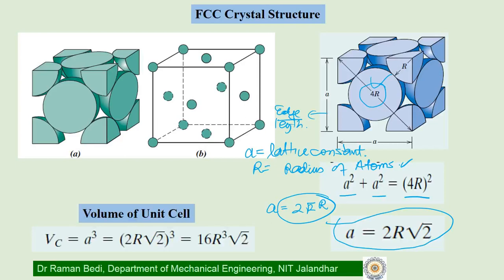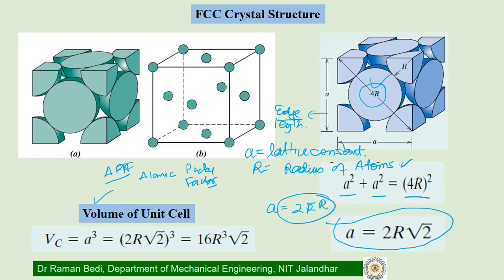Accordingly, you can calculate the volume of the unit cell here. We may use this unit cell volume for our calculation of the APF, which we call the atomic packing factor. We will see how this helps us in one example which I'll take up today. The atomic packing factor, if you recall, is nothing but the ratio of the volume occupied by the atoms in the unit cell to the total volume of the unit cell. So it's just a ratio.